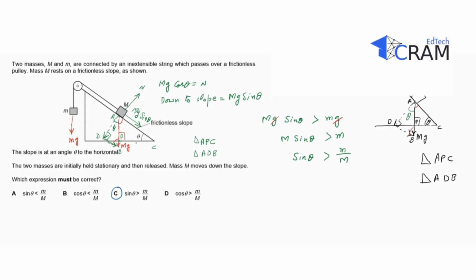That's why, if this angle is theta, we say this angle is theta as well. On this basis we calculated the components. Opposite to the angle we always take sine, and along the angle we take cosine. So this is mg cosine theta, and this is mg sine theta, which is responsible for bringing it down. That's why we got the answer C: sine theta is greater than m divided by